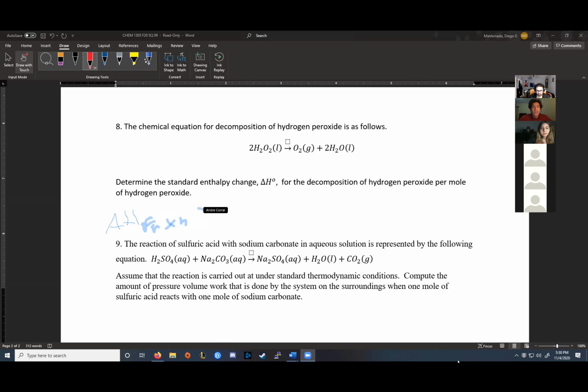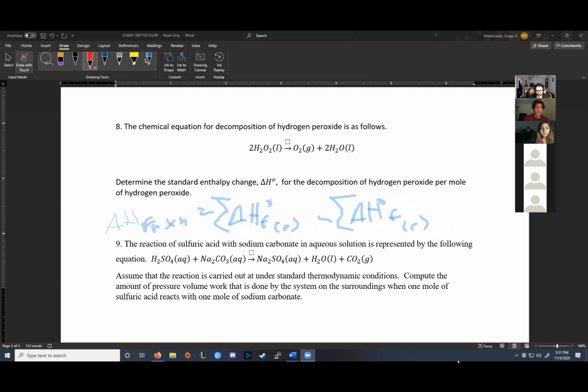Okay, so it's equal to the heat of formation of the products. The products, I'm just going to put a P, minus the heat of formation of the reactants, right? So, like he said in your test, it should be given to you, but oh, and then sorry, the summation. So remember that summation, that little sigma, it's just the addition. So add up all your heat of formations of the products